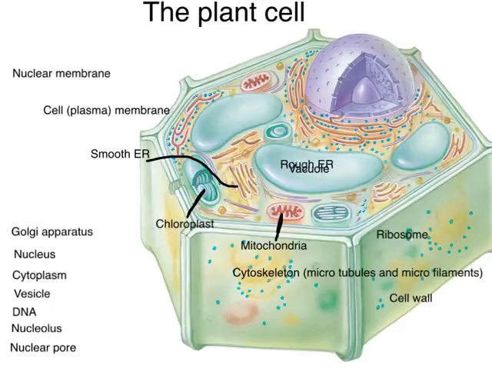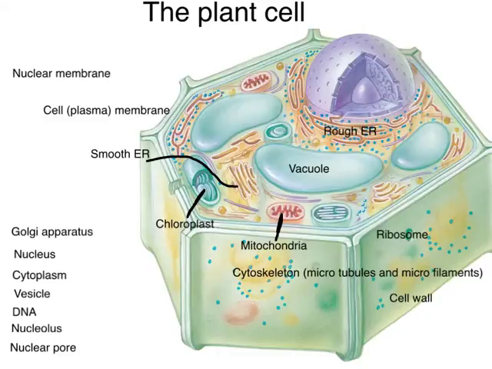The rough ER, which is that guy right there. There's also a rough ER up here, you can see. Now, how do I know what's the difference between the smooth and the rough ER? Well, the rough ER has ribosomes attached to it, as you can see here. And since the rough ER has ribosomes attached to it and the smooth ER doesn't, the rough ER